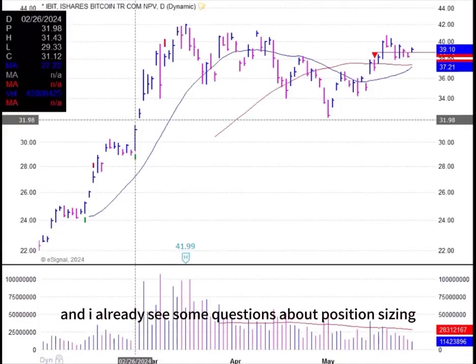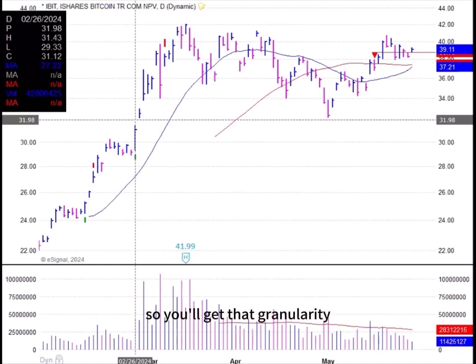change a little bit. And I already see some questions about position sizing and dollar amount, the amount of shares. Yes, we're going to have the position size and the dollar amount, so you'll get that granularity. We're changing things a little bit. We won't have an open stop loss on it, but you will see everything we do very soon afterwards. And as you can see on the live stream, we're also putting it there, and then you'll see it